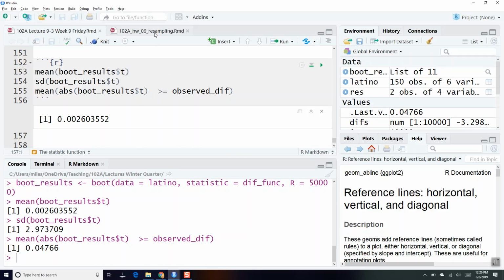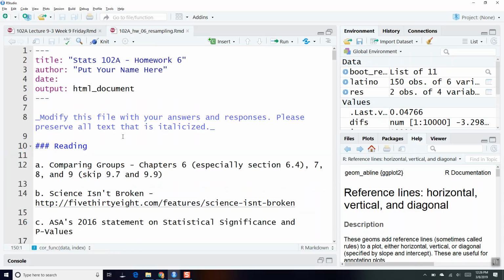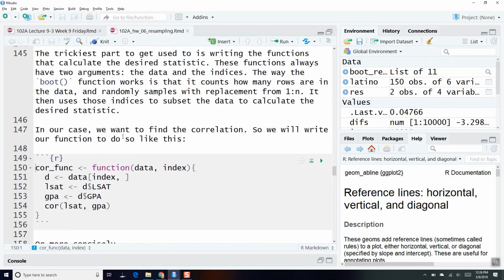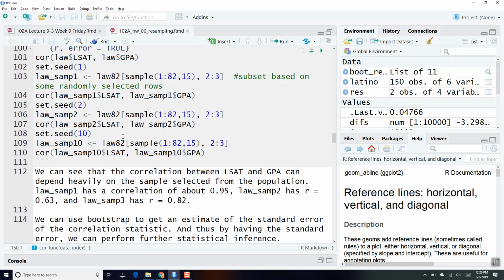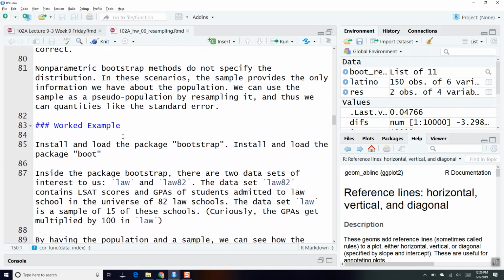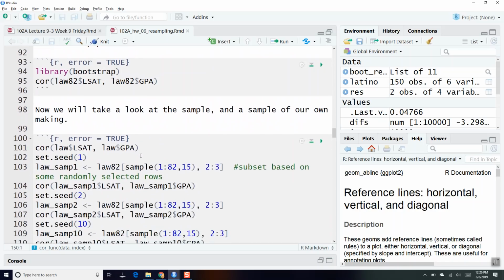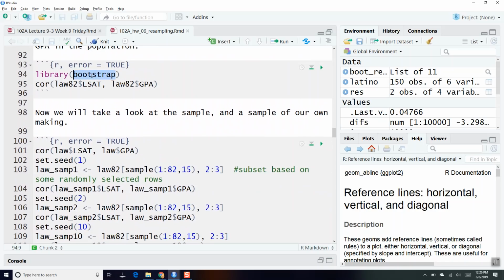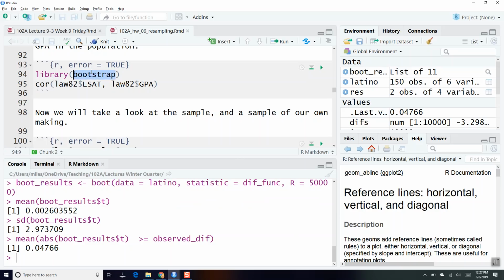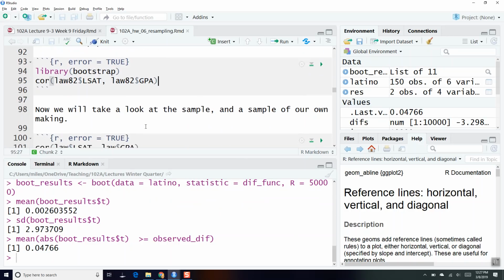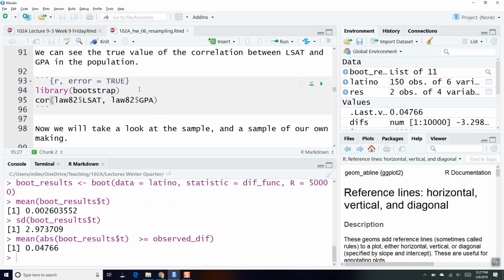Okay. I want to talk a little bit about homework 6 and the bootstrap stuff that's going on in homework 6. Here there's another package called bootstrap, but we're not actually going to use the functions in package bootstrap. We're just going to use the data that shows up in package bootstrap. There is a library called bootstrap which does bootstrap stuff, but as far as our functions go, we're going to just use